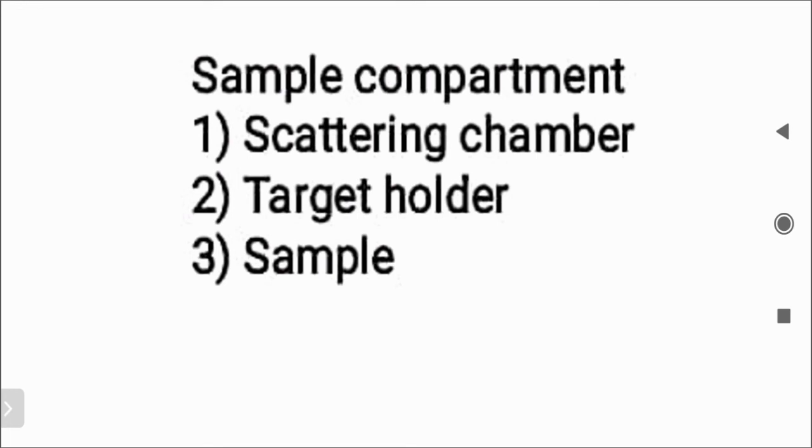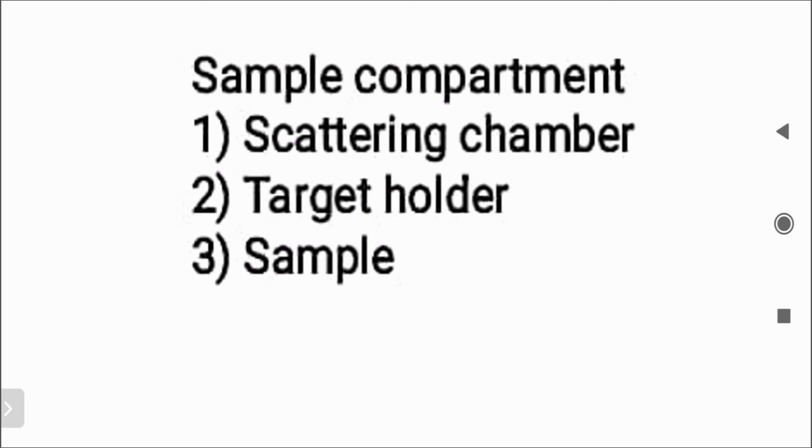Okay, so this scattering chamber encloses the area where the ion beam will strike the target. Generally it is made up of steel provided with windows or ports, and is connected to the beam line by means of a gate valve, so that the vacuum in the beam line and the scattering chamber are maintained separately. The scattering chamber is generally maintained at low pressure, and it is kept in the path of the ion beam coming from the accelerator tube, through the magnetic analyzer.